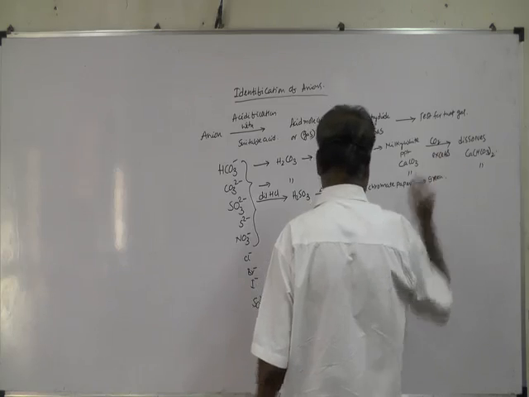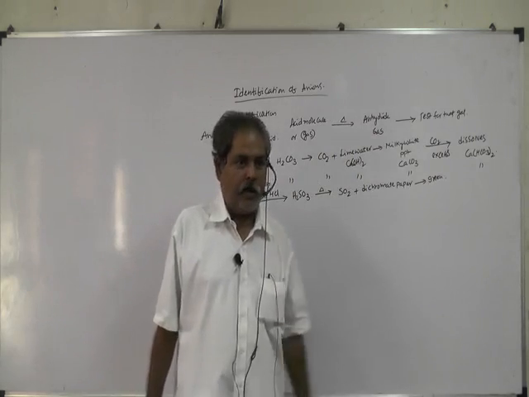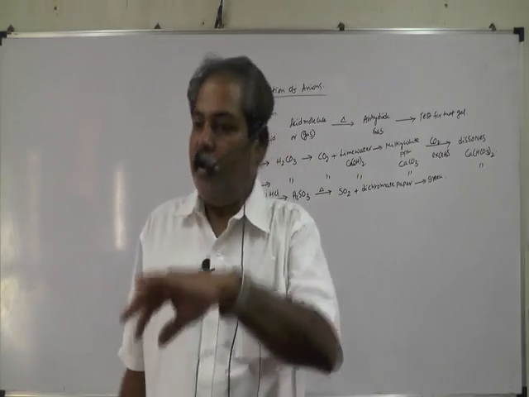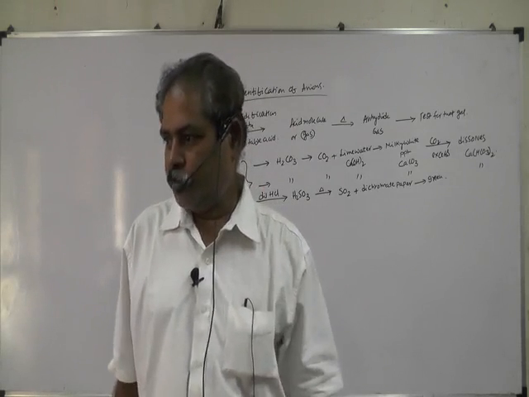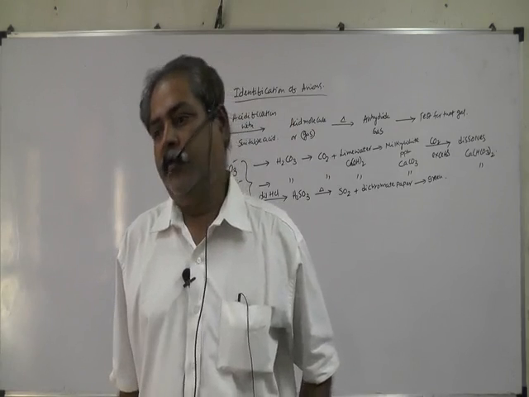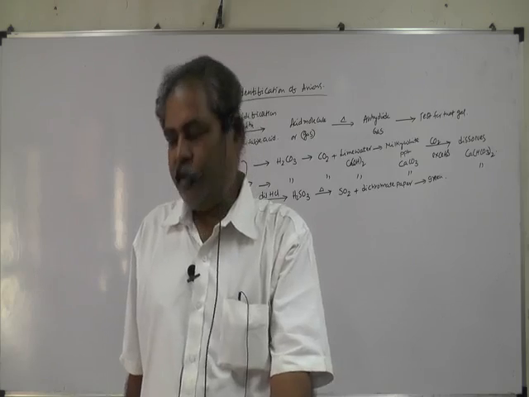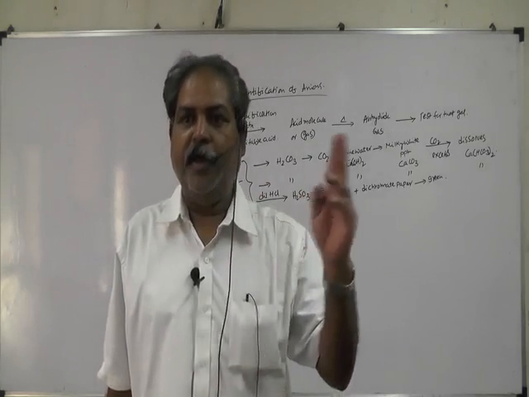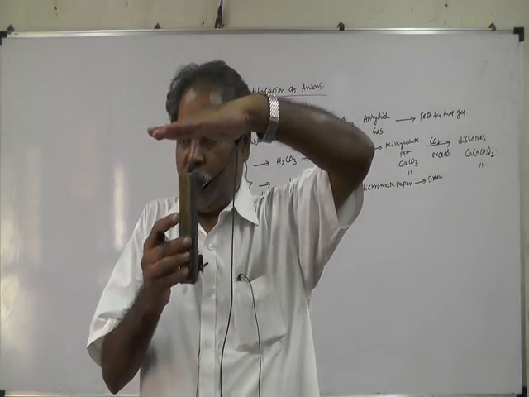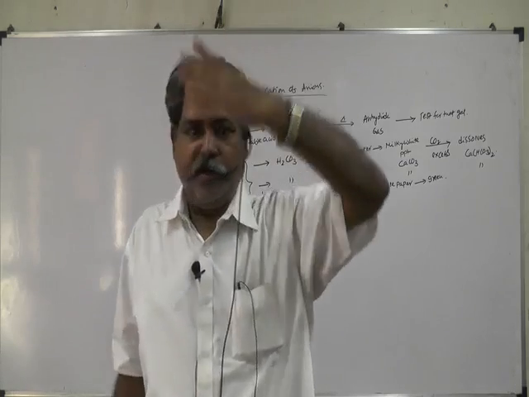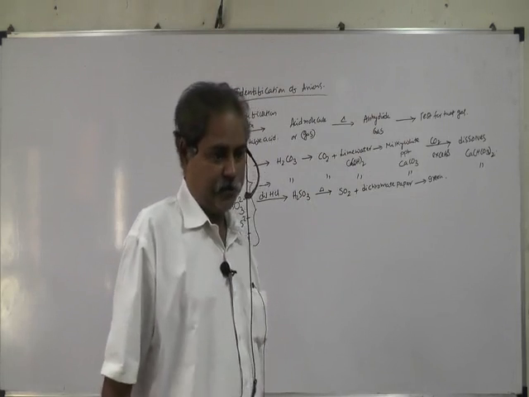What is this paper business? Why do you need a paper? When a gas is released, how can you allow that to dissolve in the solution of potassium dichromate? Therefore, rather than taking gas to the solution, bring the solution to the gas. Take a dichromate paper, add some water and put that above the test tube, and it turns green. The only gas that turns dichromate paper green is sulfur dioxide.